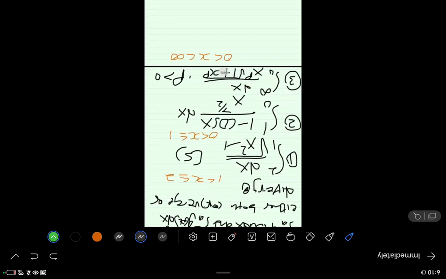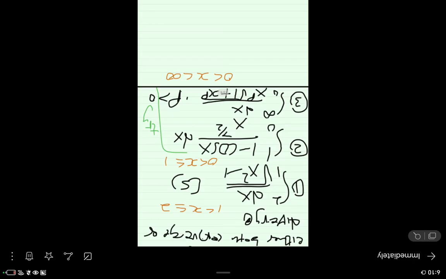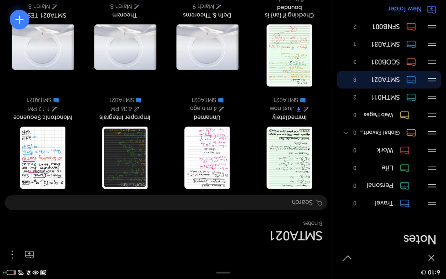So let's look at the first one. Which one should I do here? You can do the first one, right? Now I'll do the first one, and then you'll try this. So this will be the last one, because I can't keep you for too long. So we have this one. It's the integral from 1 to 2 of 1 over